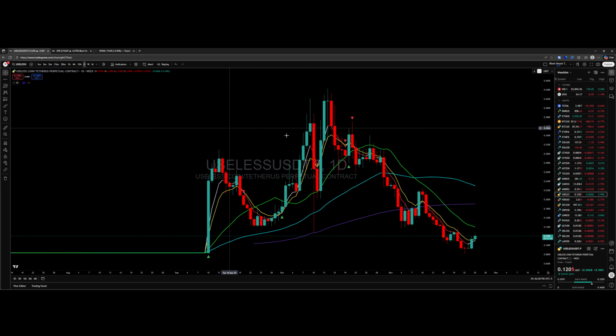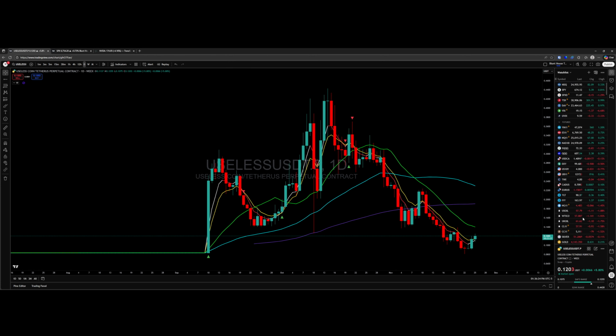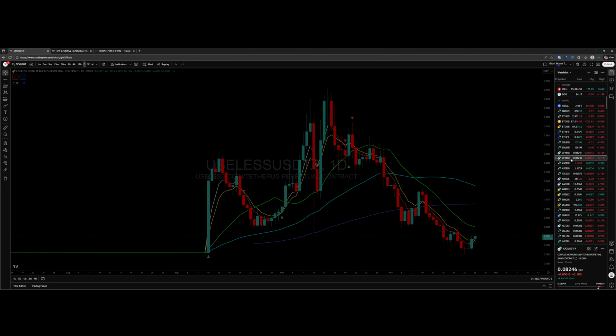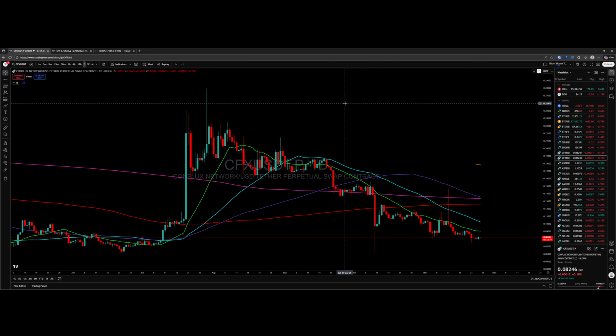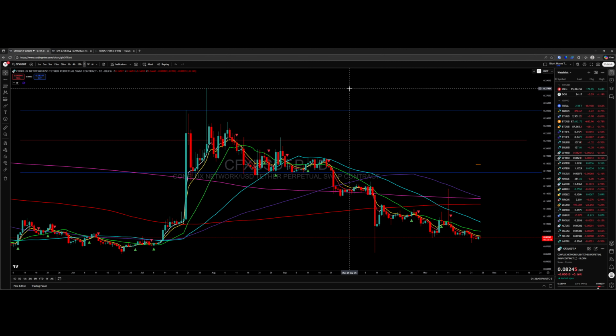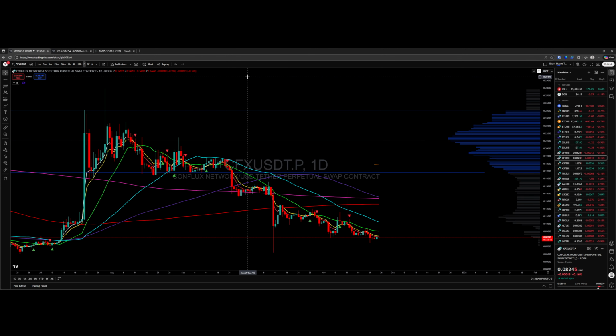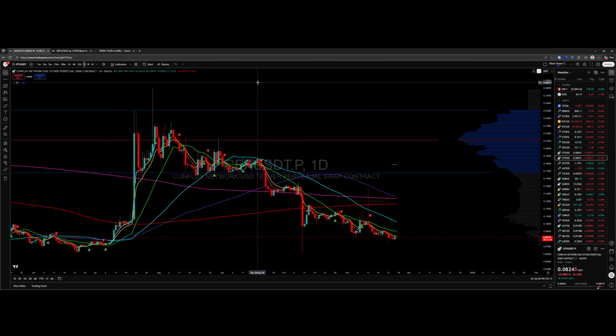And again, this is where getting accustomed to how long it can take for things to actually do what you anticipate they are going to do can be exhausting. So that's where the patience really does come in. CFX is another one that hasn't recovered, and I know Rico, you used to trade this as well. And of course, now would be a terrible time to expect it to, with all the downward pressure. But once it failed at 50 here, it's been nowhere but down.